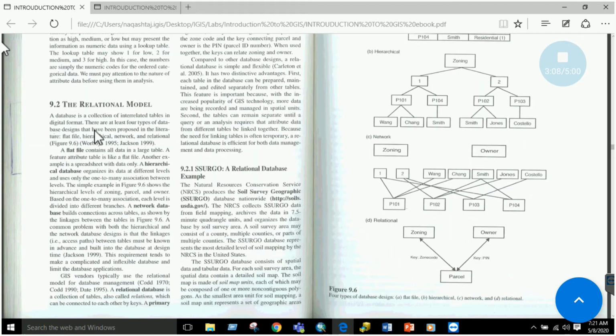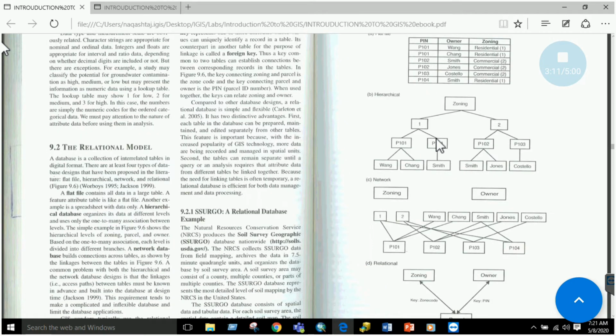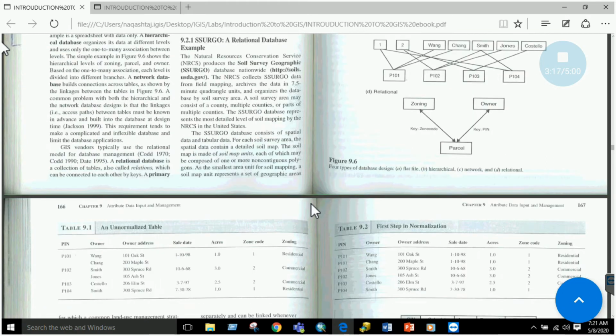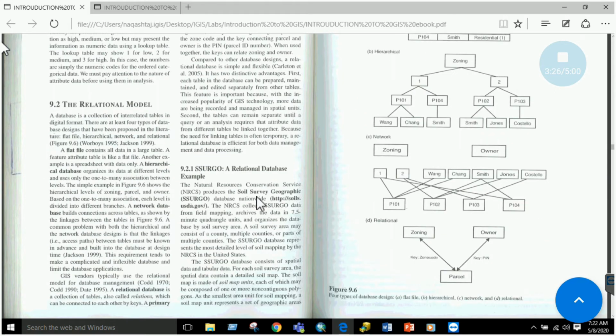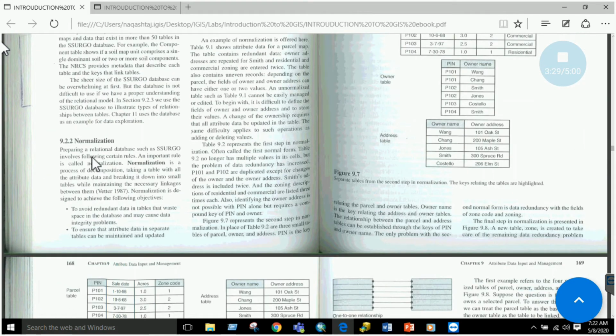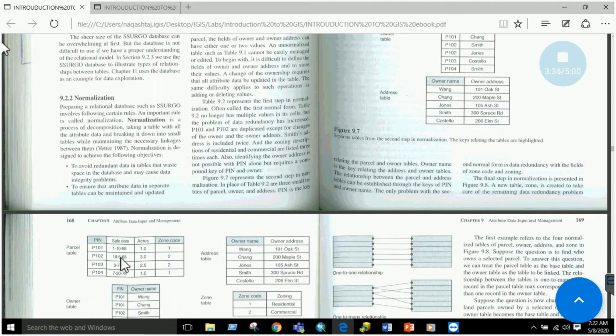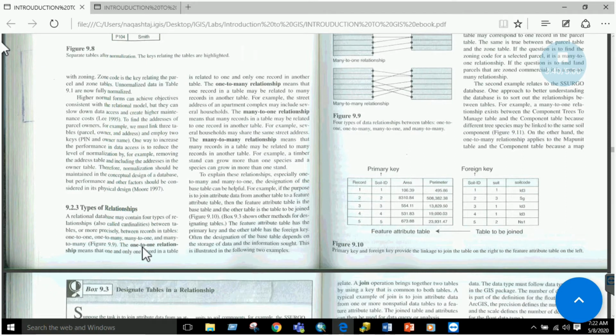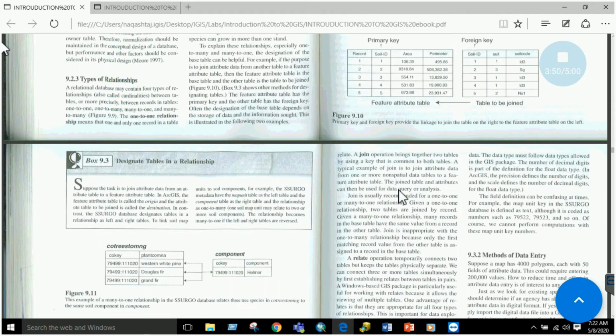Then we have a relational model in which we have different tables linked with one another. Like we quoted an example of trees, buildings, and roads. These 3 tables, or 3 different text files, can be related in a relational database model. There is a term called normalization in this chapter. Normalization is basically decomposing a large table into smaller tables for faster querying. There are also many types of relationships, which may also come in the exam: one-to-one, many-to-one, one-to-many. You must have some idea of these types of relationships.